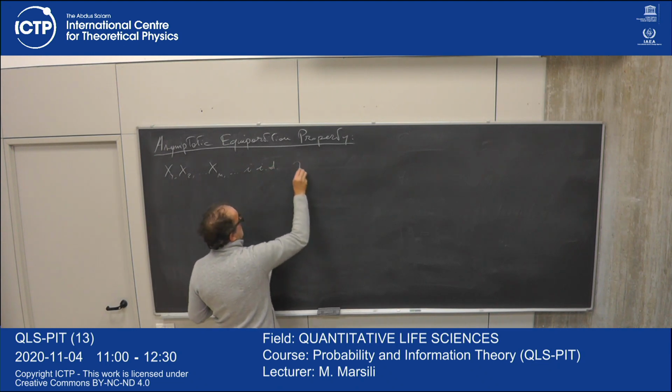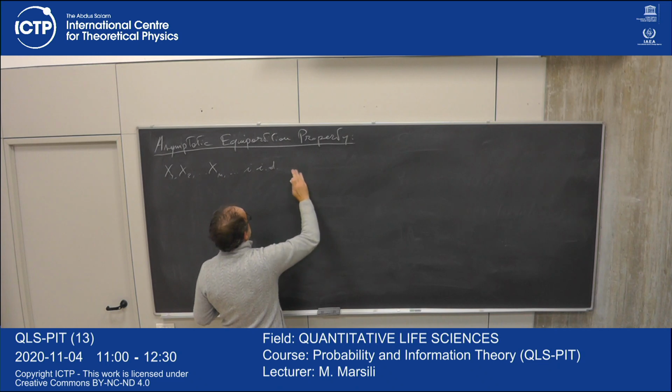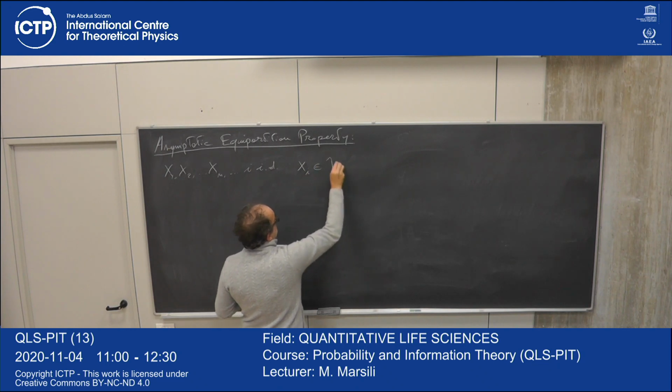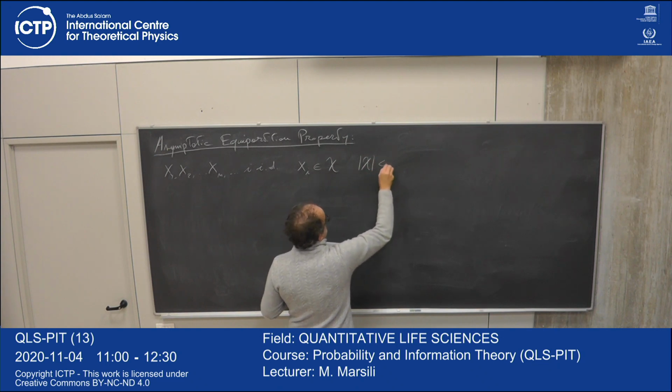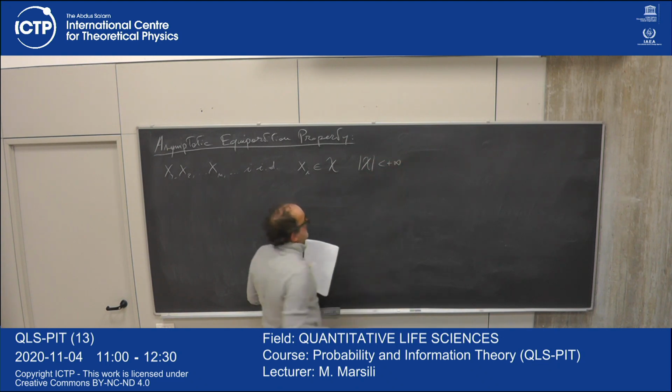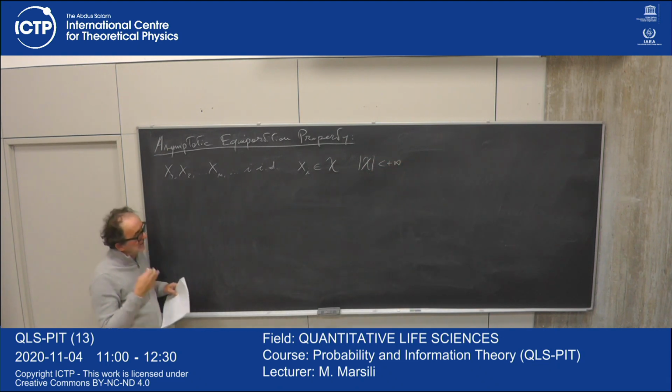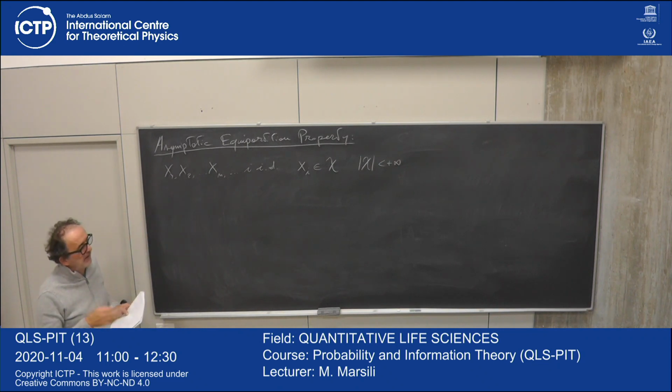Let me take the situation where the xi take value in a finite set. Okay, so these are random variables that are discrete and take a finite number of possible values. Okay, so then